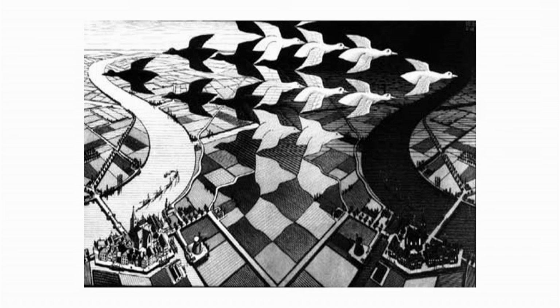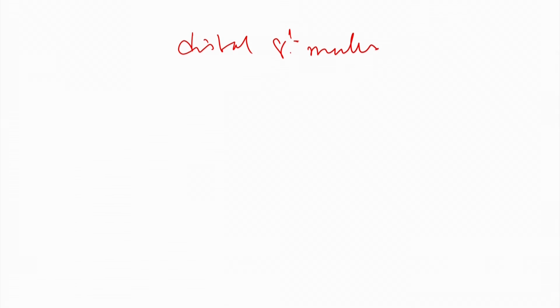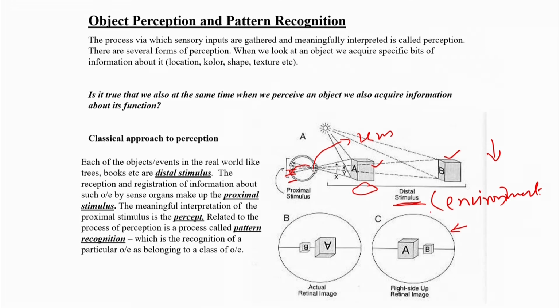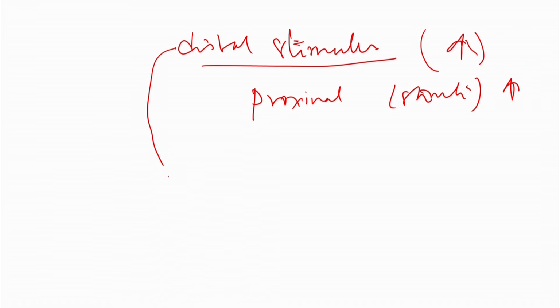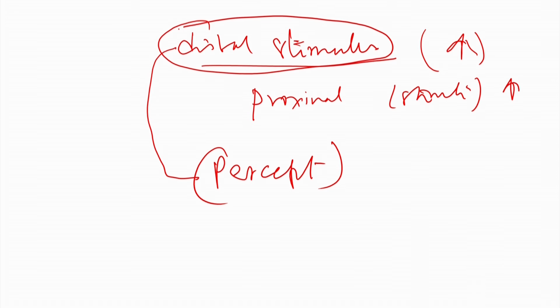Now, one of the basic debates here is whether the distal stimulus, which is the image that is in the environment, and the proximal stimulus, which is what forms in the eye. The debate that most perception psychologists have is whether the distal stimulus is equivalent to what a percept is. So, whether the distal stimulus, the stimulus in the environment, in our case,